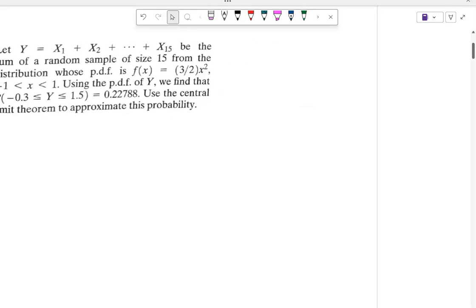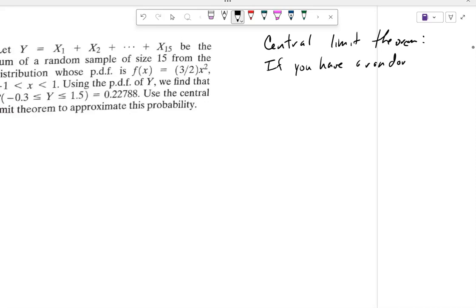The central limit theorem says if you have a random sample of size n, x1, x2 out to xn, then the distribution